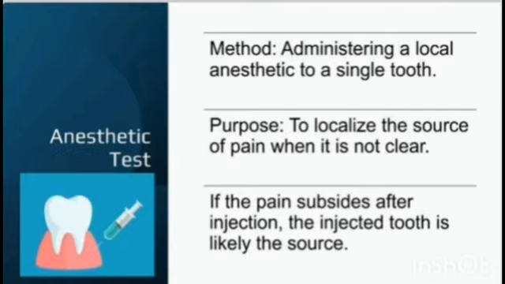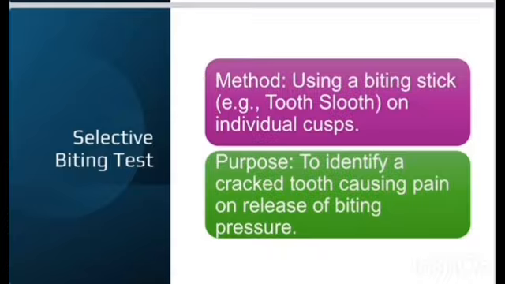And then the selective biting test is done in case of crown-originating fractures, where a biting stick, for example the Tooth Sleuth, is used and the patient is asked to bite on the stick, and there is pain that is noticed while releasing